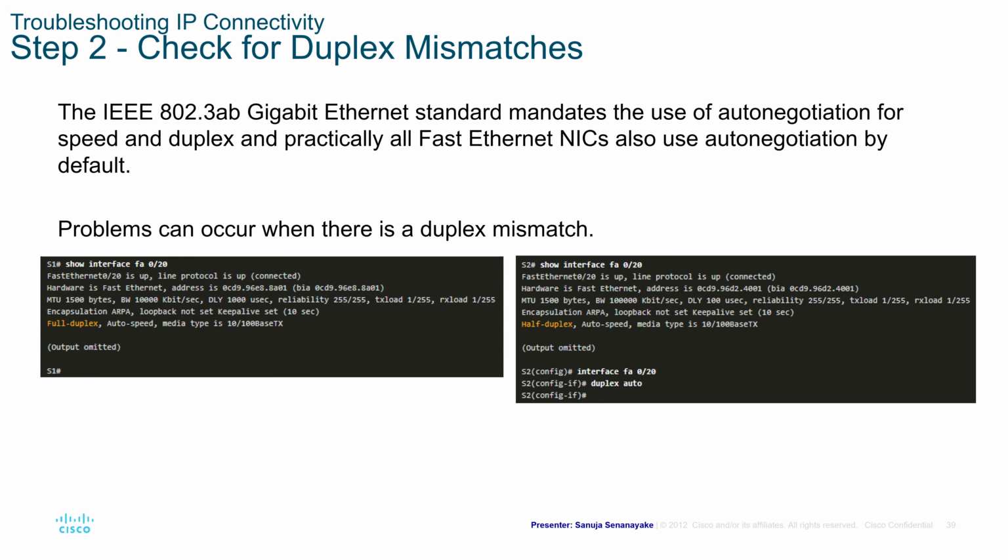Step 2, we're going to check for duplex mismatches, which is a very common issue that sometimes happens when different network technicians and engineers work on the same network. There may be some duplex mismatches. Nowadays everything should be full duplex, but for whatever reason a technician or an engineer may put something into half duplex by mistake. So the IEEE